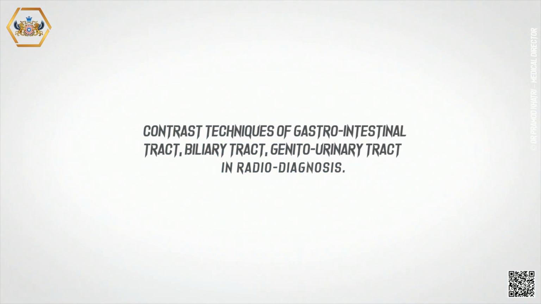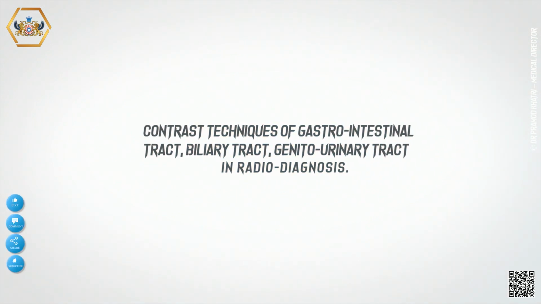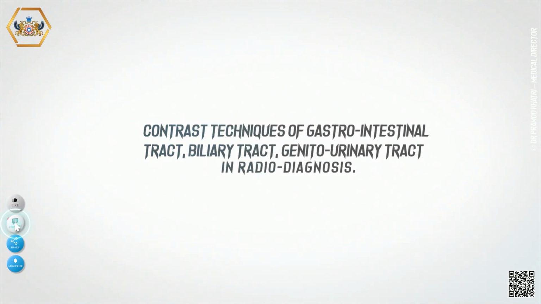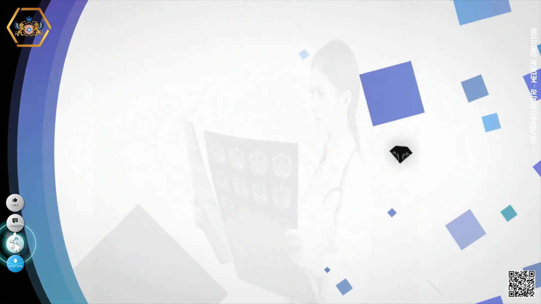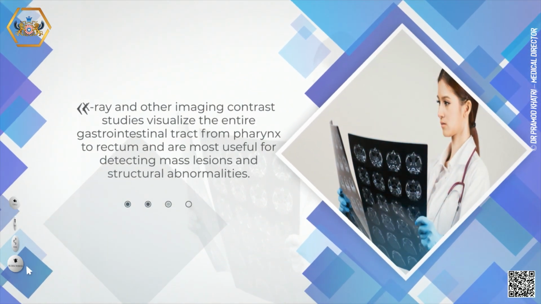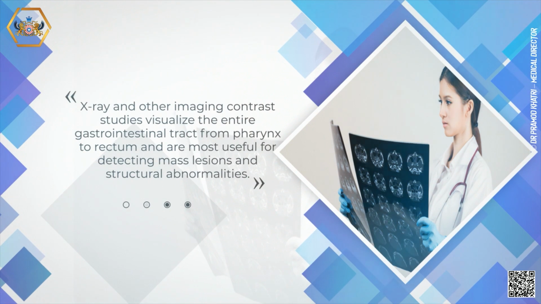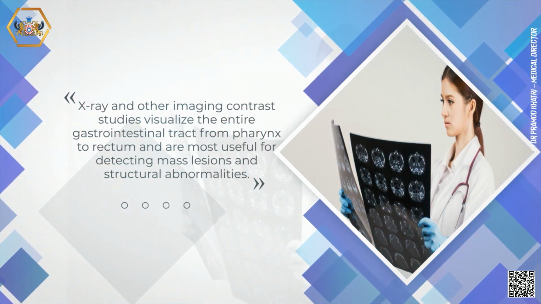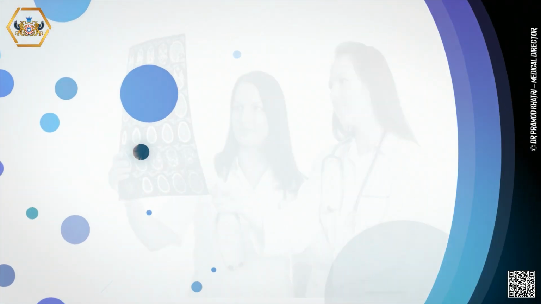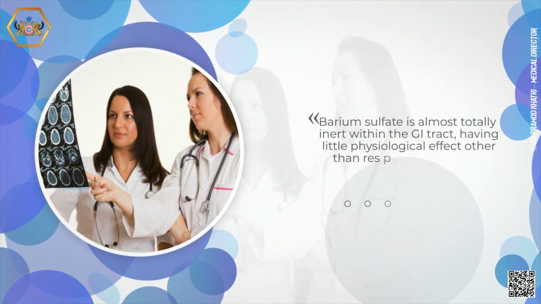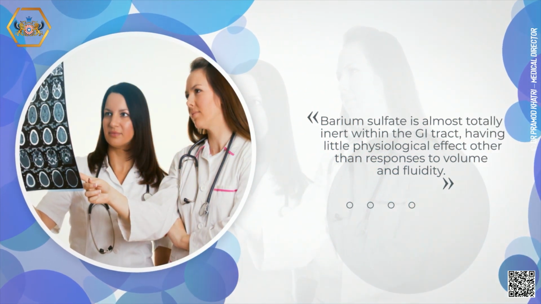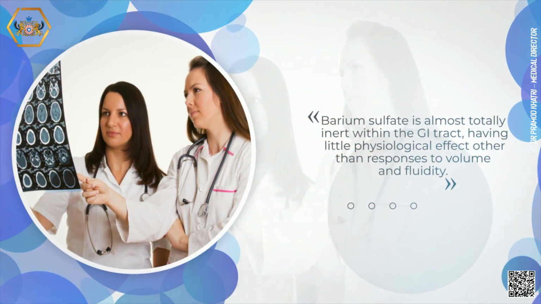Today we will explore contrast techniques of the gastrointestinal tract, biliary tract, and genito-urinary tract in radiodiagnosis. X-ray and other imaging contrast studies visualize the entire gastrointestinal tract from pharynx to rectum, and are most useful for detecting mass lesions and structural abnormalities. Barium sulfate is almost totally inert within the GI tract, having little physiological effect, other than responses to volume and